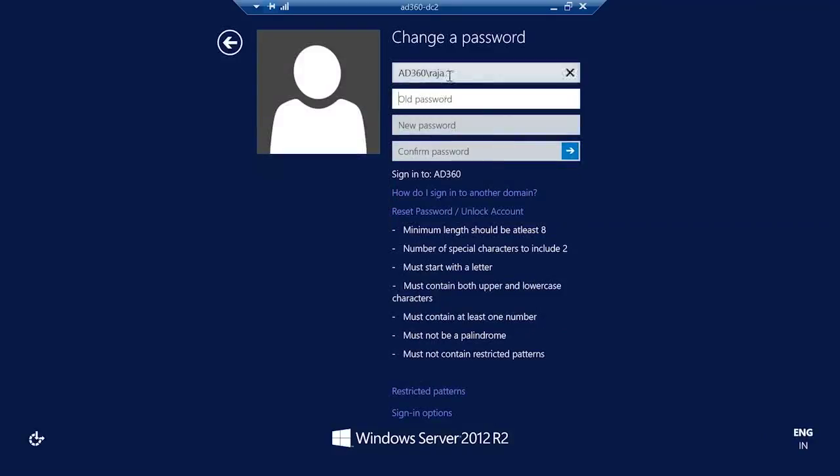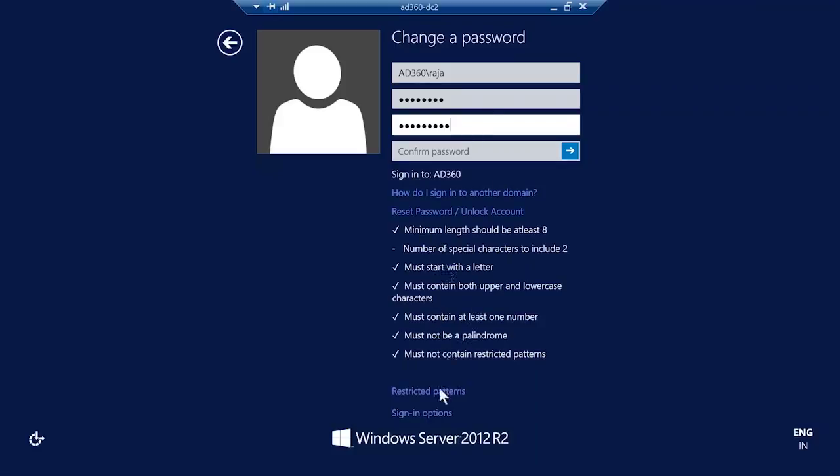Now, as you can see, the user's name is Raja and he's being shown all the password rules that we had set using AD Self-Service Plus. And one more thing to be noted here is that this is a live password policy, so it changes according to the password that you enter in the new password text box. So the password rules with a tick mark show that these rules have been satisfied,